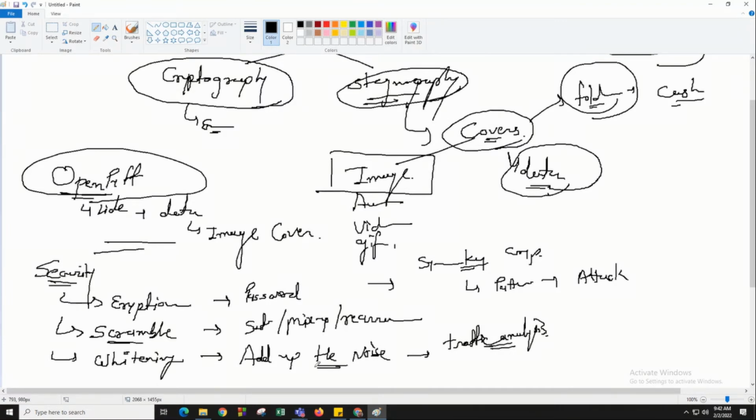And the other reason to add the noise content is to make your image look as it did before. Because in an image, what happens when we take an image as input? We want to hide the data behind the cover, right? So what will the user be able to see?